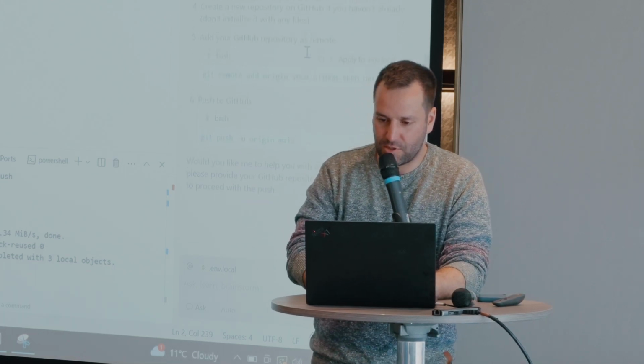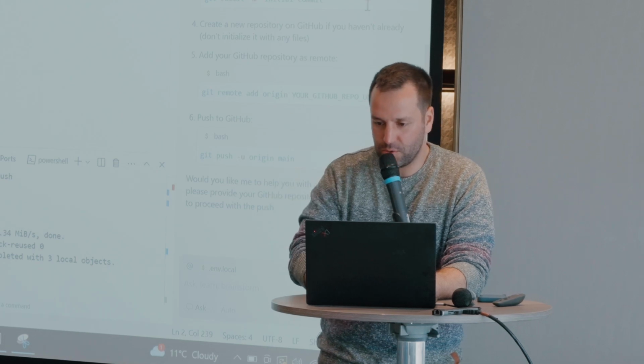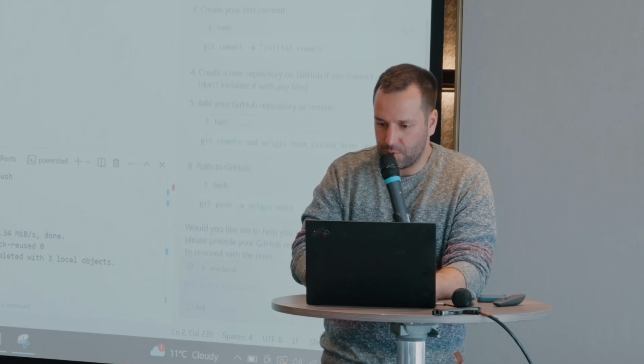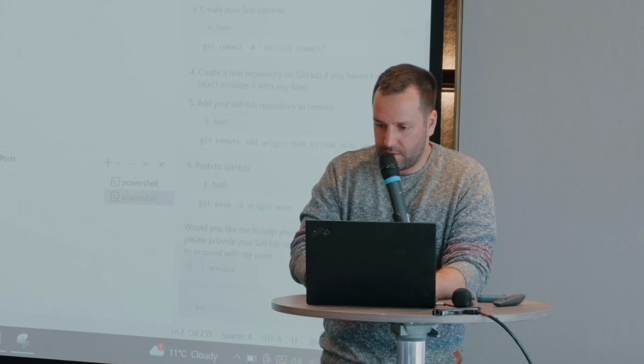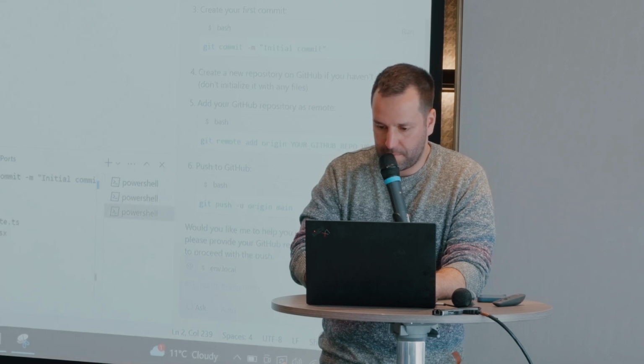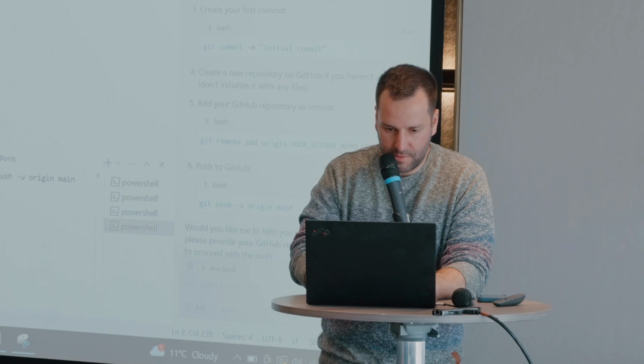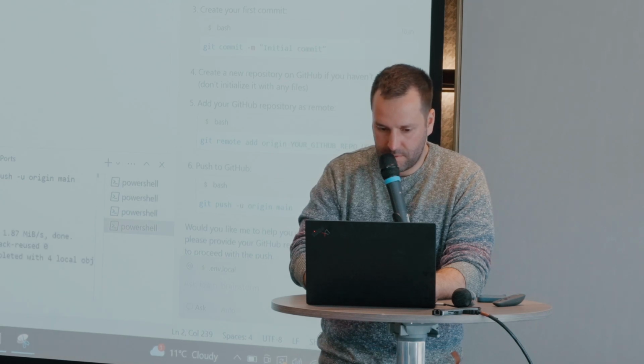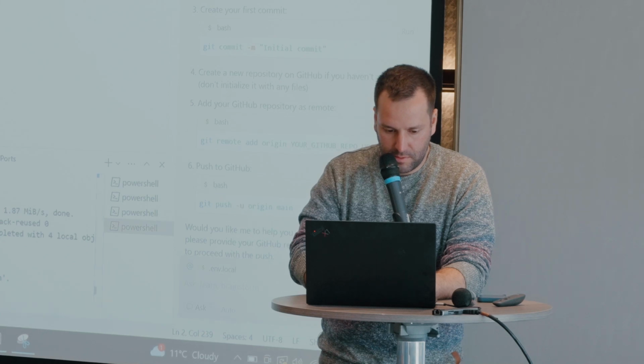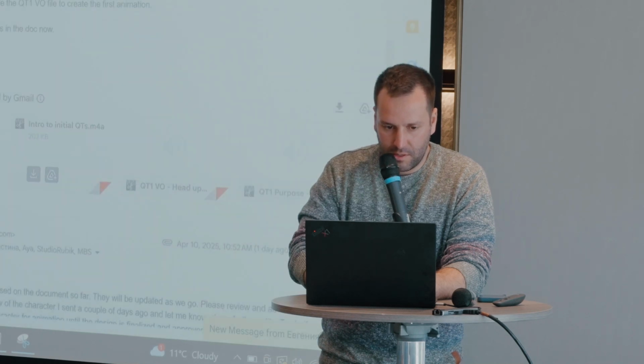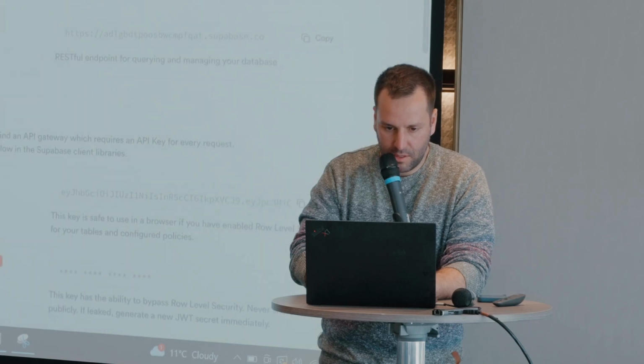I just need to run these commands. So put the code in the hosting. Add all the new files, commit them, git push origin. Amazing.